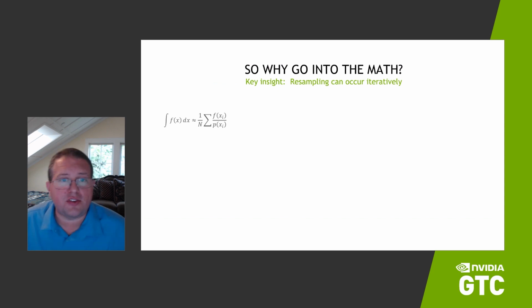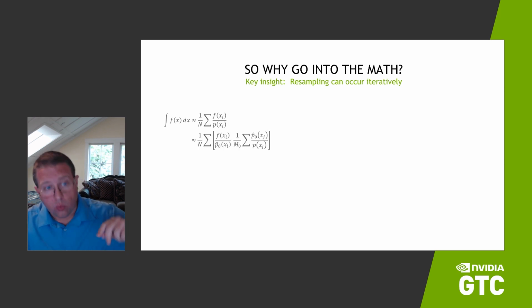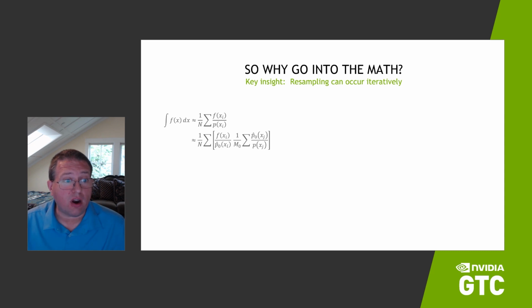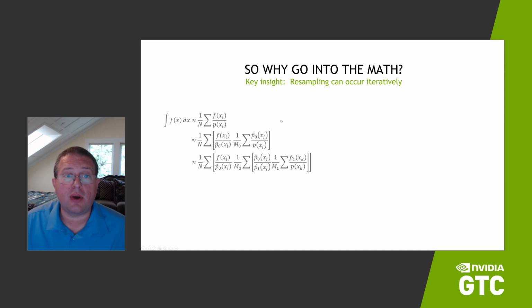So if this is so simple, why go into the math? The reason is I want to get to the key insight here, which is that resampling can occur iteratively. So we start here with importance sampling. We apply importance resampling, RIS, once, and now we have this function p hat 0, which we can control. But this summation here looks an awful lot like this one, which means we can apply importance resampling again,